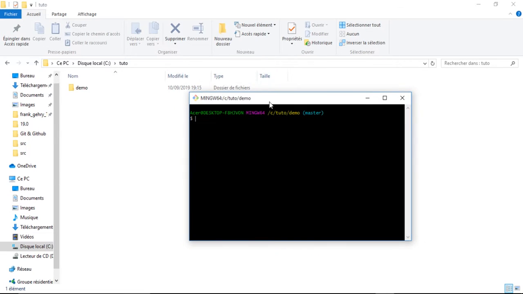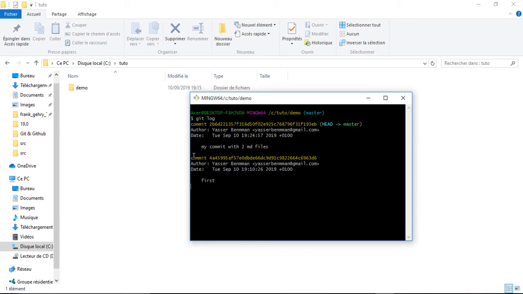Now what if I want to know every single commit or every single git command that has been written in the git bash, or let's consult the log file. To do that we will put the command git log, hit enter, and it will show us first the git log of my commit. This is the message